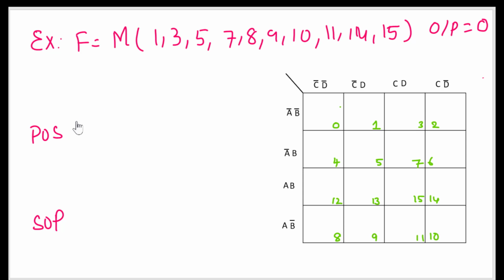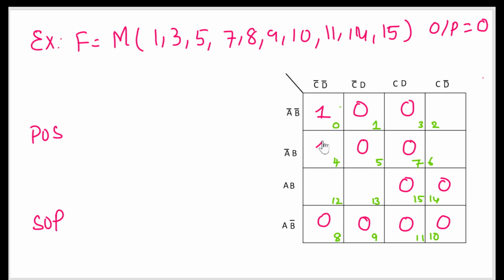In order to get the expression for POS, you have to fill all these places with 0. That means 1 is 0, 3 is 0, 5 is 0, 7 is 0, then 8, 9, 10, 11, 14 and 15, and the rest are all ones. In order to get the POS form, you have to look for a group of zeros with a higher number of zeros. Octet is not possible. So the next possibility is a quad. We can form one quad here